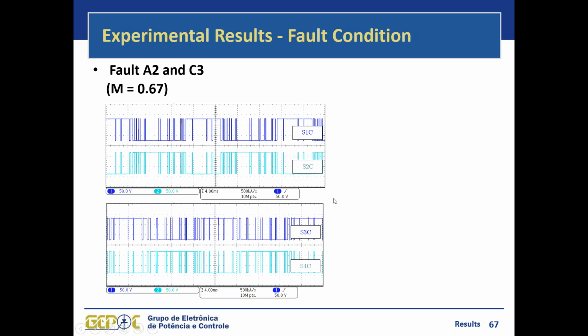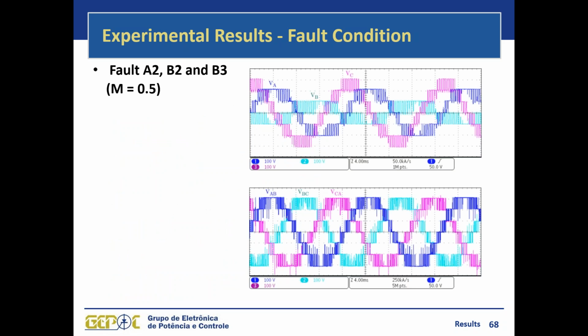These are for phase A, and here for phase C. Very similar results for both phases. And a final experimental result for another fault condition, where we have one fault on phase A and two faults on phase B. So here we can see the phase voltages and the line-to-line voltages,